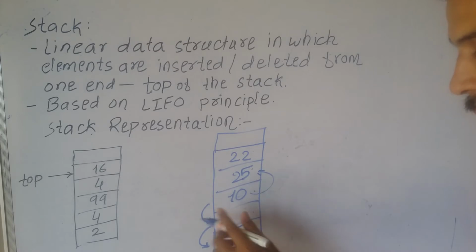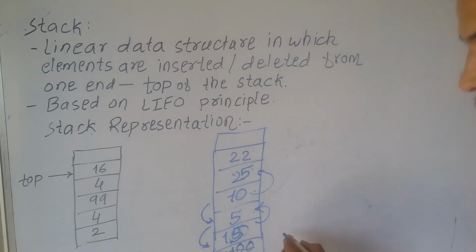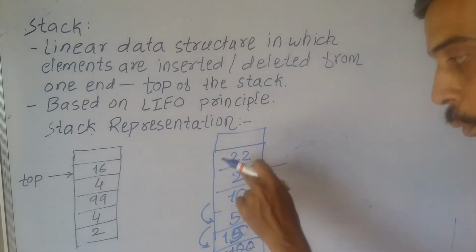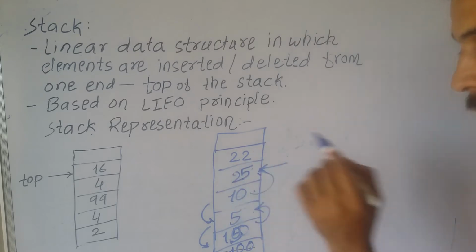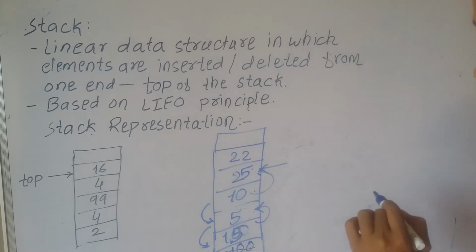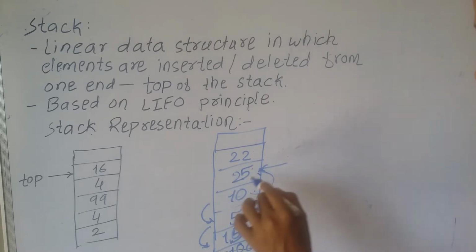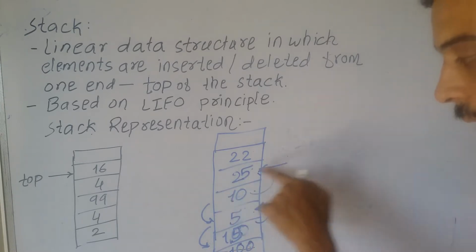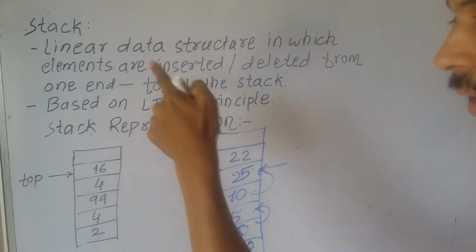This 10 is replaced by 5, which is the next element, then 100, like this. So I can delete the element from any position. I can delete the element 22, I can delete the element 25, I can delete the element 10. So in an array I can delete or insert the element at any position,